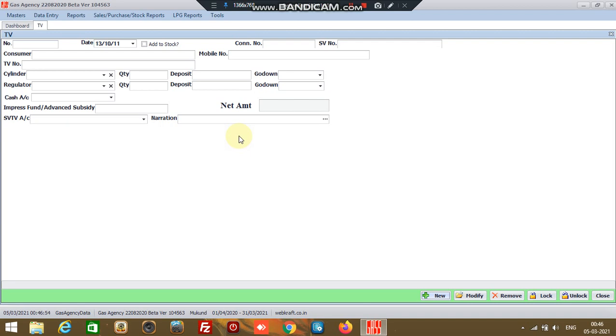The Delhi distributor prepares a transfer voucher which is called as TV out, refunds him the deposits of cylinder regulator after recovering subsidy amount and hands him over the transfer voucher.